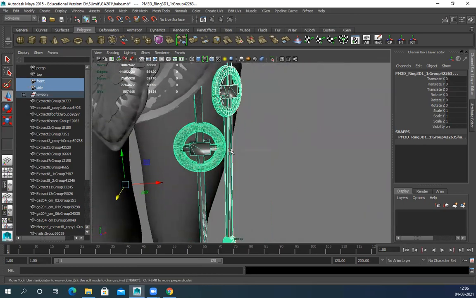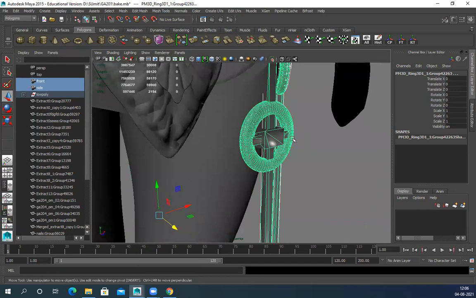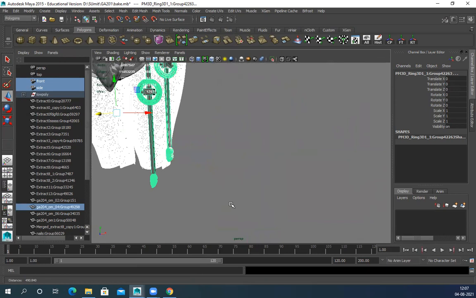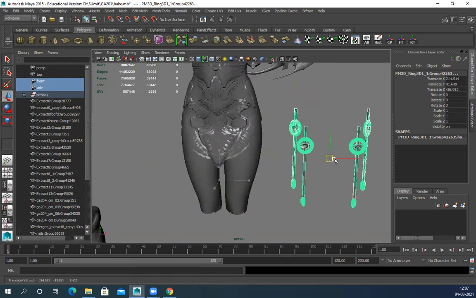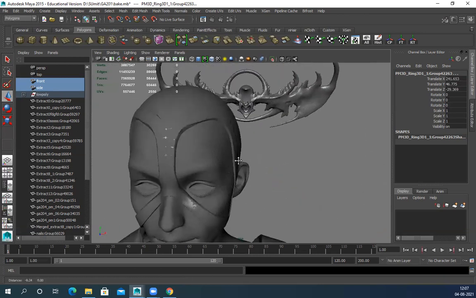It's wrong. How many parts? Finally. Move it.